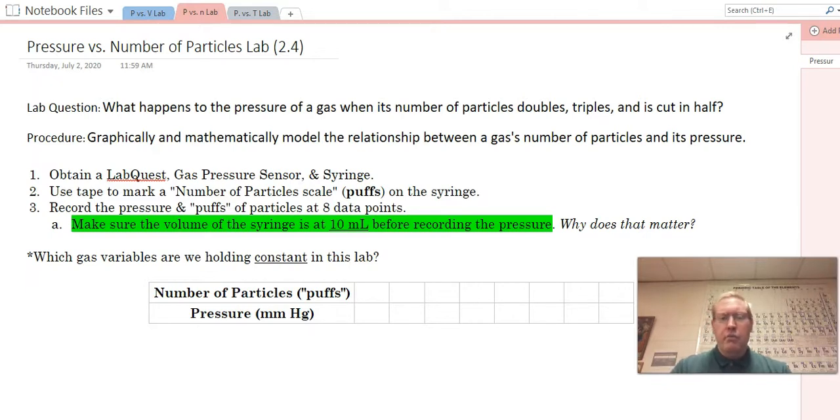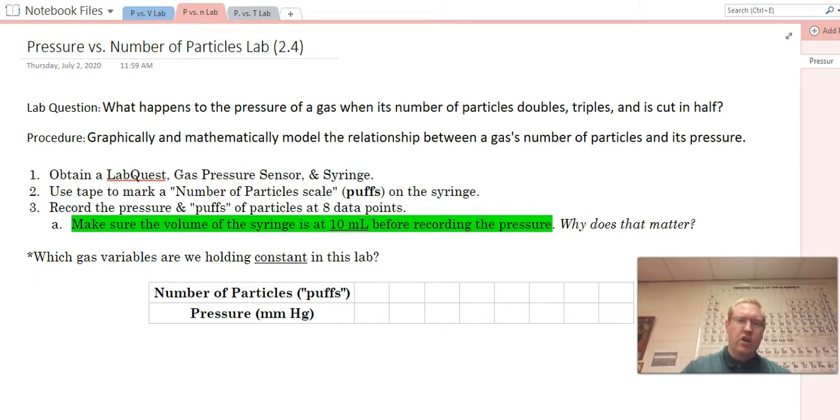Okay. So we're going to record pressure and the puffs, the number of particles, at 8 data points this time. And it says, make sure the volume of the syringe is at 10 milliliters before recording the pressure. Well, wait a second. I thought we're changing the number of puffs. We're changing the number of particles, right? We are. But we need to take a minute and think about the things we don't want to change in